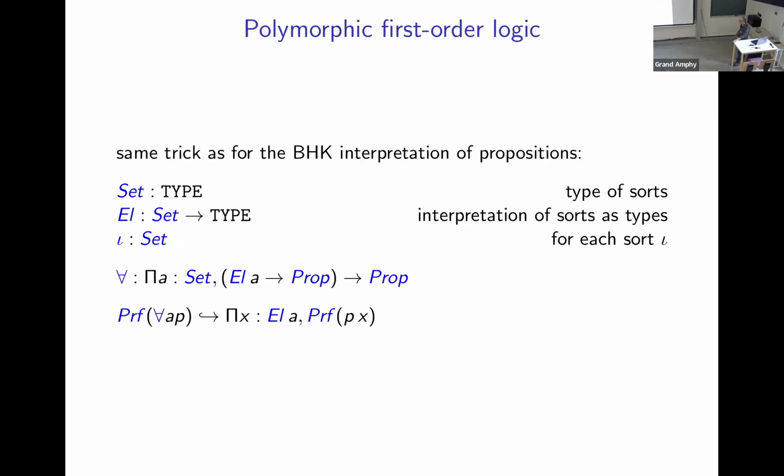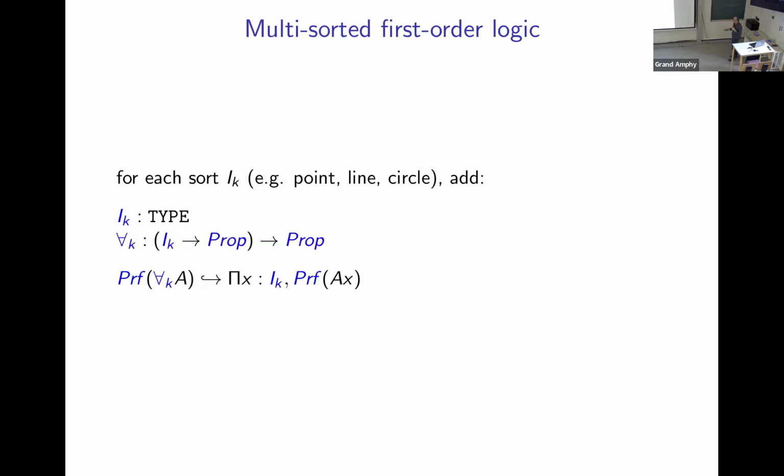Sorry, stupid question. What do you mean by first order logic? So I can imagine several meanings. Yeah. So okay. You can see this as an extension of multi-sorted first order logic, where instead of having just a finite number of sorts, you may have an infinite number of sorts. But what if you want to quantify on all possible sorts? Polymorphic first order logic is about this. Yeah, I can roughly imagine.